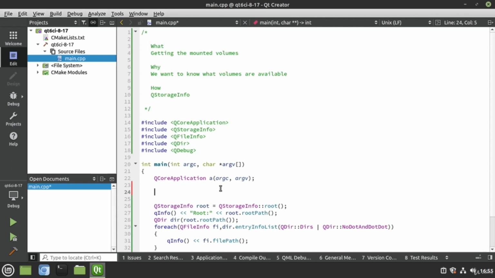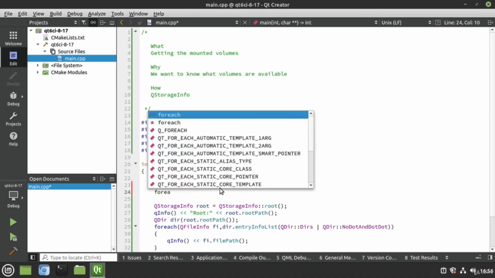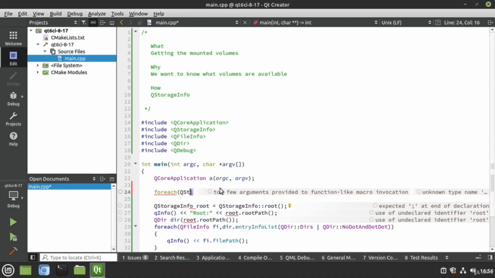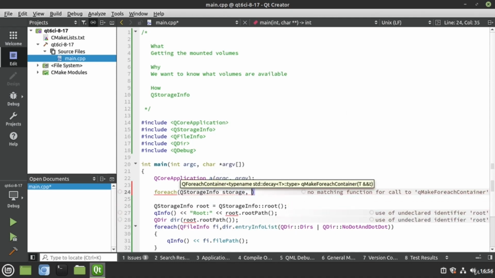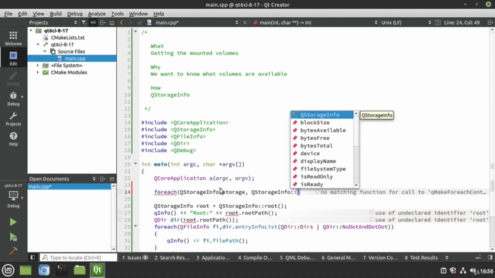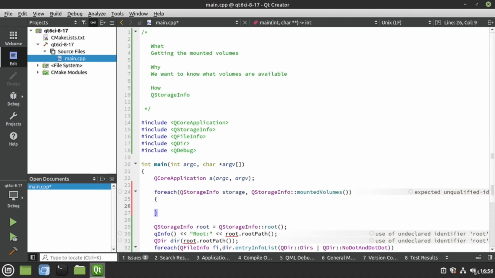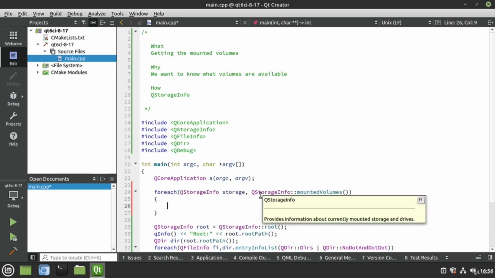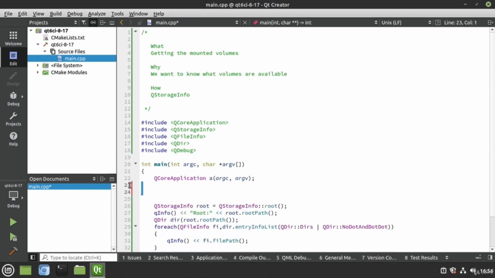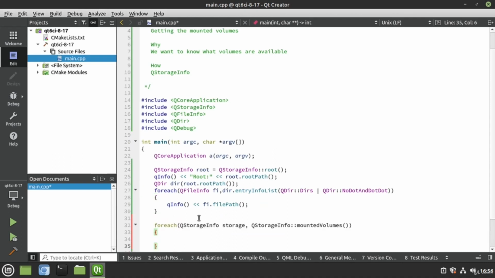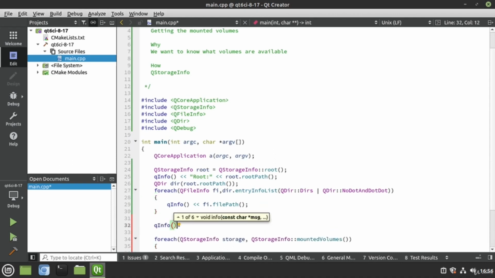Now I want to show you something that is going to be very different depending on what computer you run it, and you're going to see a lot of weird things. So I'm going to say foreach QStorageInfo. And I should say this is very operating system dependent is what you're going to see. So I'm going to say QStorageInfo, and I want the mounted volumes, meaning list all the volumes that the operating system is currently working with. And actually, I'm going to put that at the end here. I don't know why I put it up there. And I'm just going to say qInfo, and we're just going to put a little